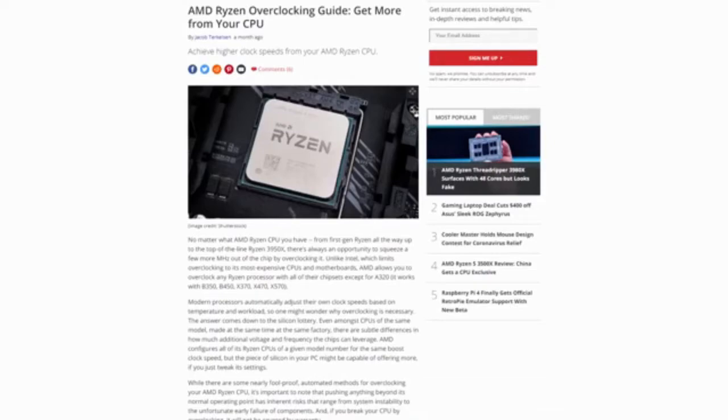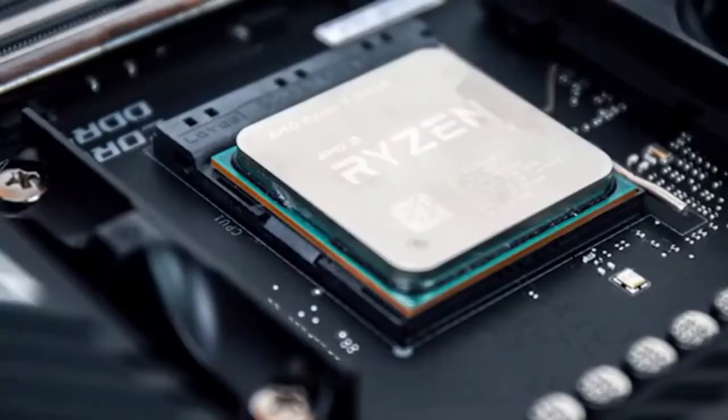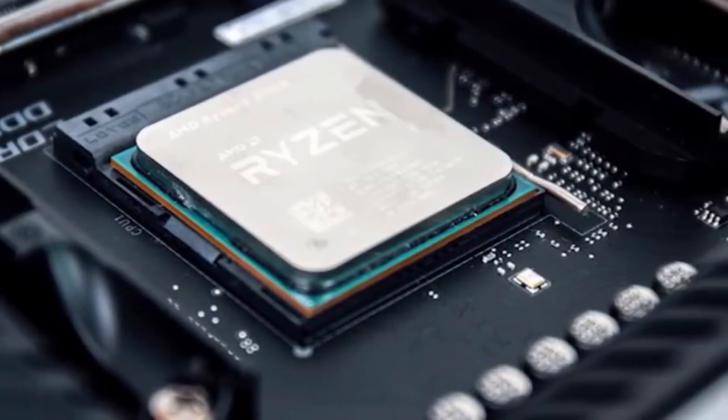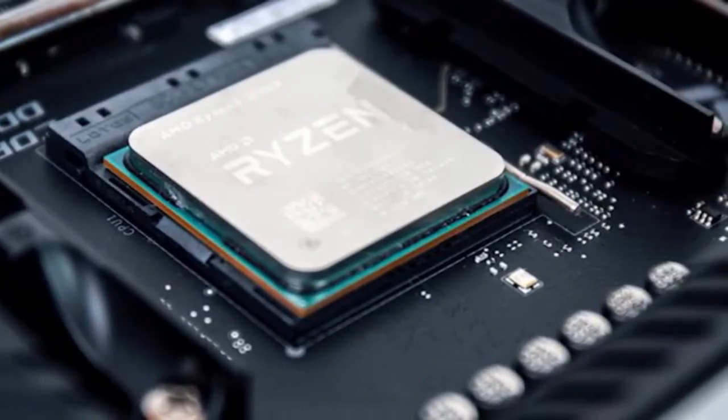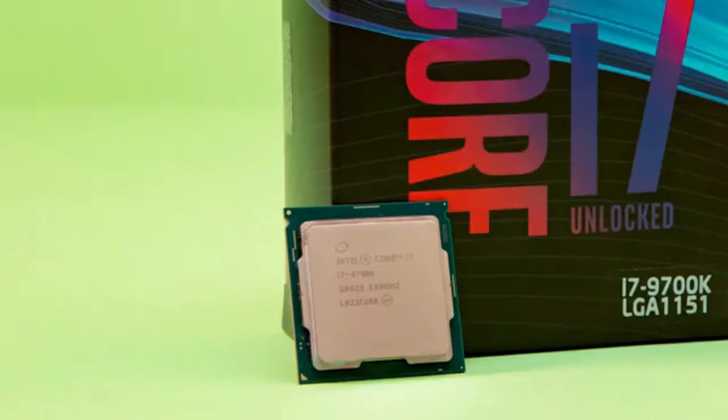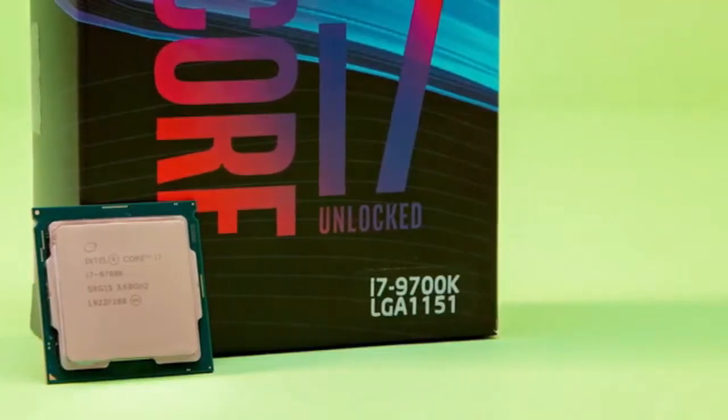How do we know kung overclockable ba yung CPU? It's just letters after numbers. You just need to look at the letter that comes after the numbers in the CPU designation. Again, in the example, para sa AMD, yung magic letter is X. If it has X in the designation, then it's most likely an overclockable CPU. And again, in the example I used, the Ryzen 7 3700X, the X there denotes that yes, you can overclock it. Sa Intel naman, the magic letter is K. Kung may K yung Intel CPU, malamang pwedeng overclock yan. Like the example I used, the i7-9700K.